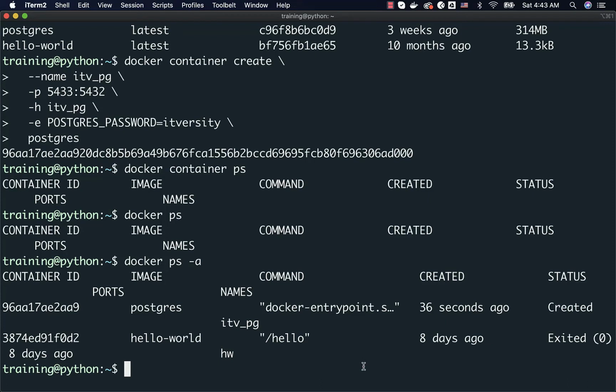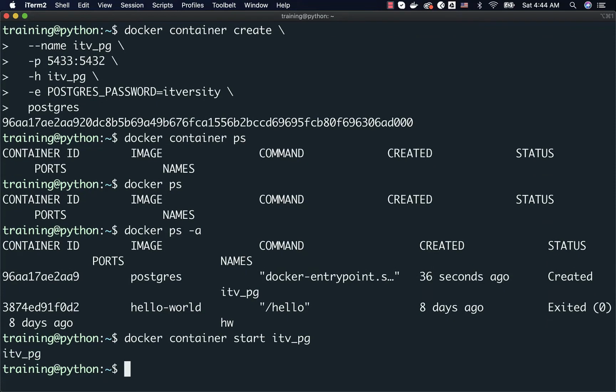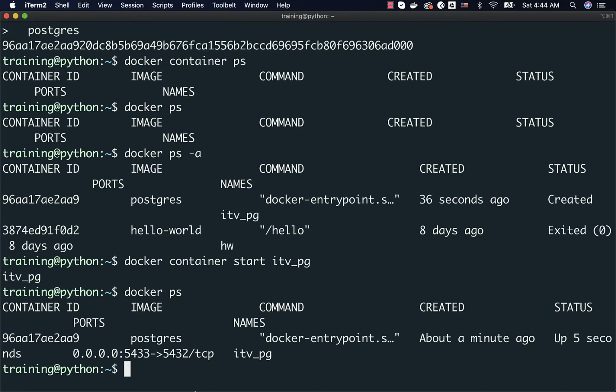Now to start this, we can say docker start like this or docker container start. Both will work. You don't need to specify container for most of the commands while managing the containers. It is optional. However, just to emphasize that this is a command related to the container, I am using docker container start here, and then I can specify the container name. In this case, the container name is nothing but itv_pg, and now the container will be started. To validate, you can run docker ps command without -a, and now you can see that the container is up and running without any issues.